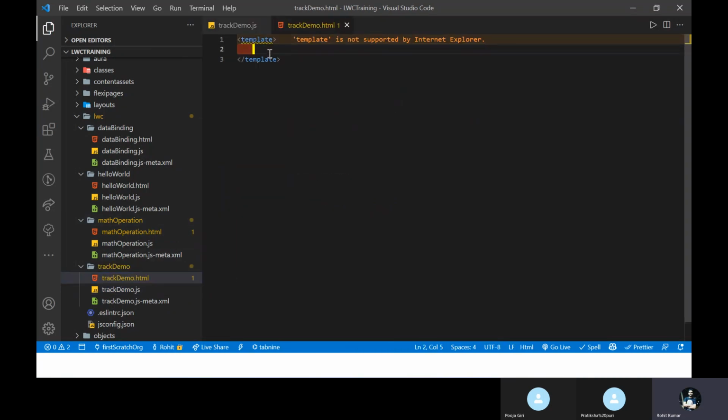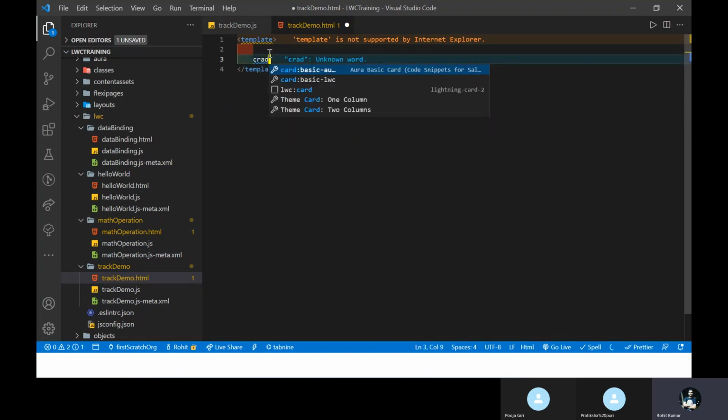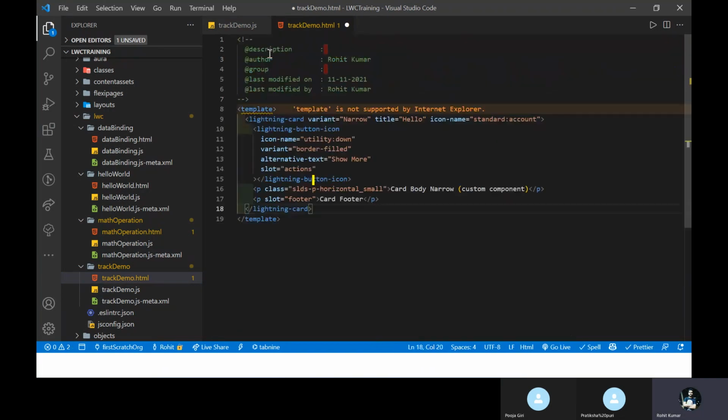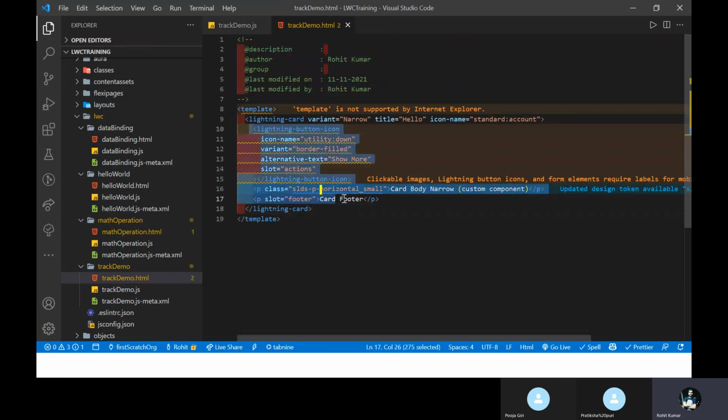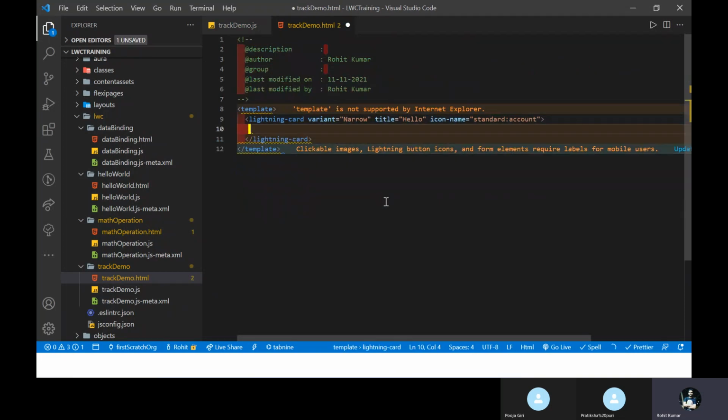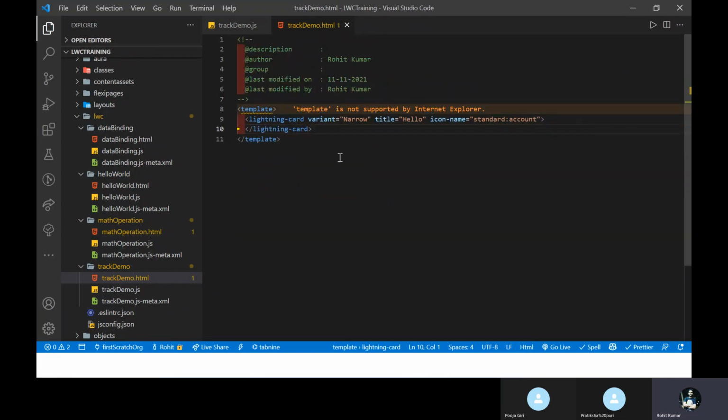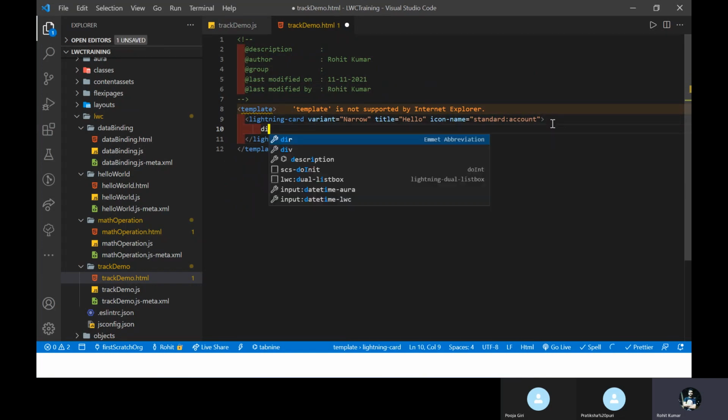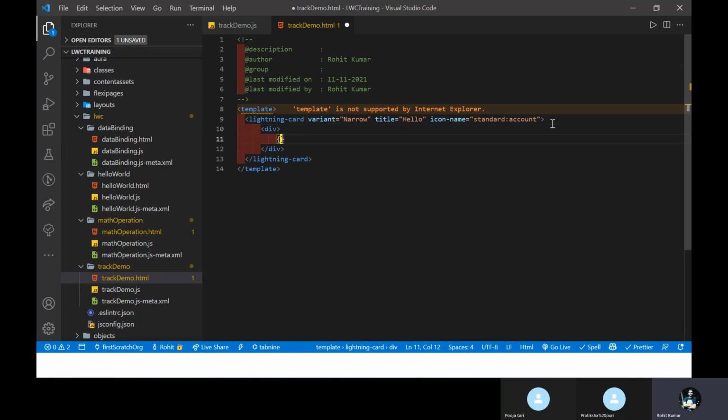Just go and create your card. It's not a hard rule that you must use a card every time. For your understanding or designing purpose, I'm going to show you this one. Then give this div, and in this div you write Full name, then colon, and give your fullName.